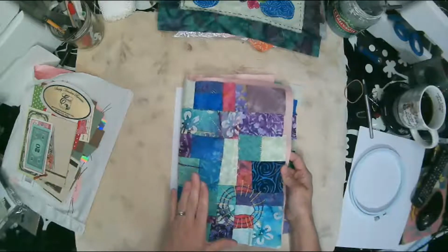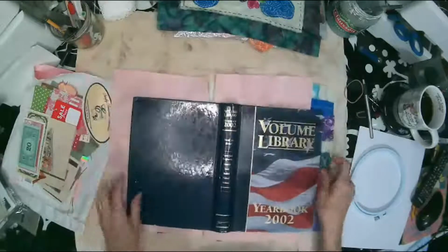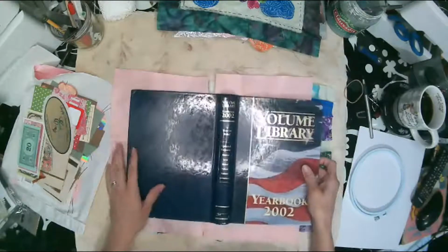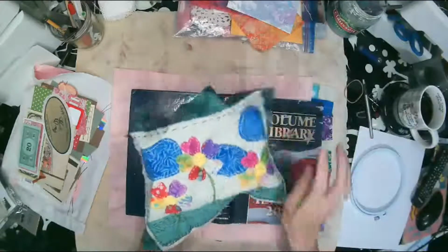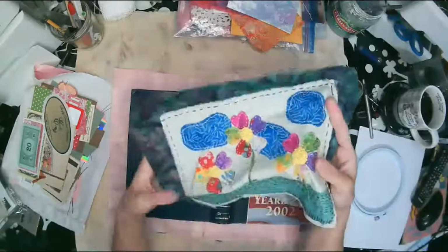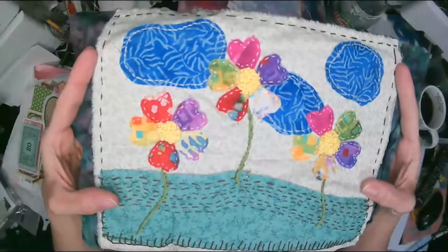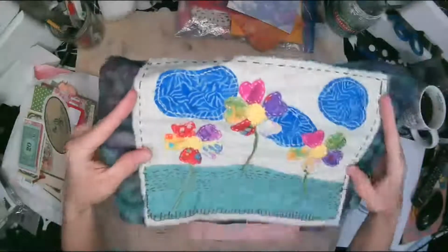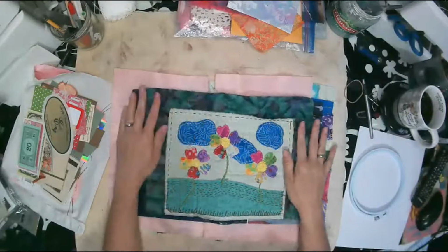I was going back and forth because I was going to put it on the inside, because I had forgotten that I had worked and made this piece. I don't know if you guys remember that or not, but I had this piece. Then I was like, I really like that piece, and I would kind of like it on the front of the book. But no,